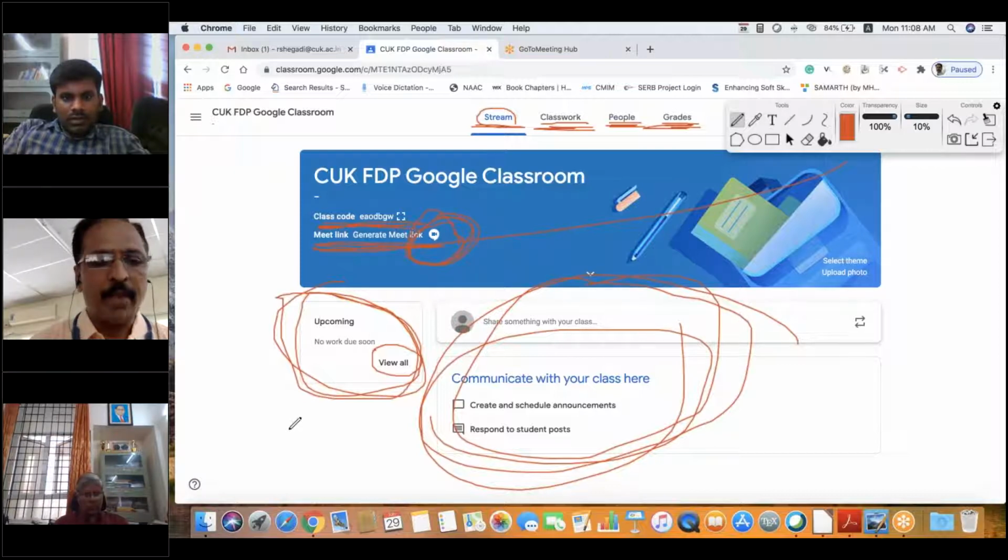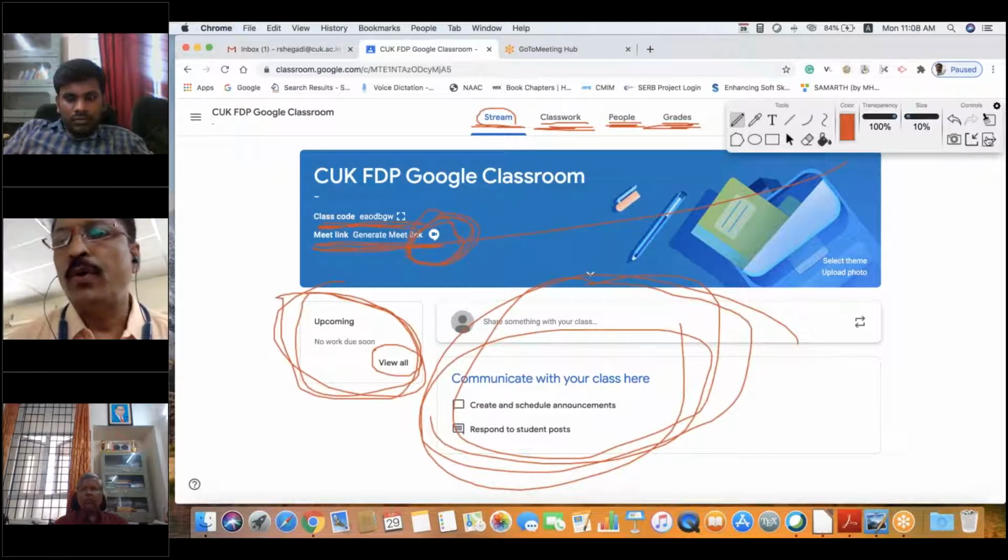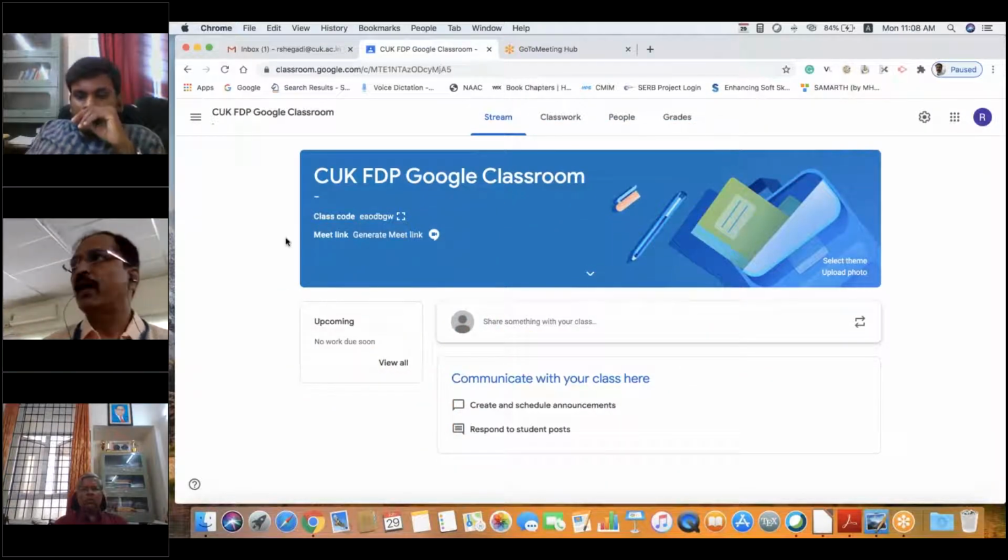So I'm using Apple Mac OS. I am getting this, and for the first time, of course. Maybe 1 or 2 days back they must have updated it. So definitely in the coming days, you will get this option. Okay. So now I will show you the options one by one in detail.